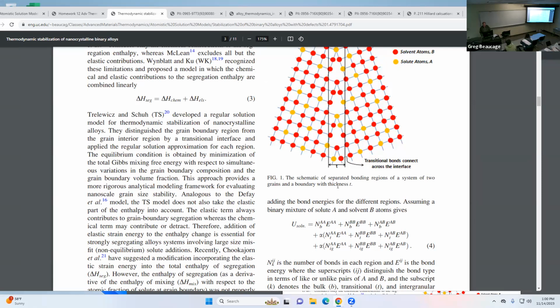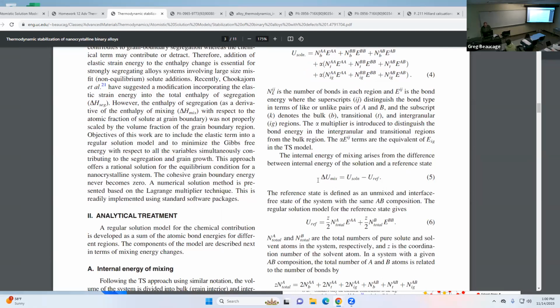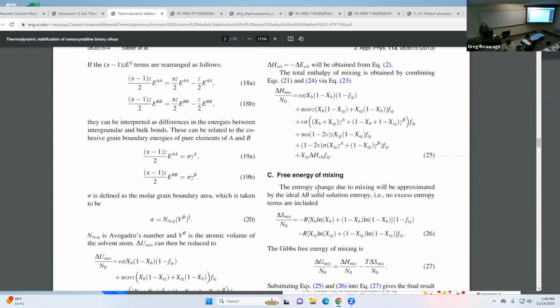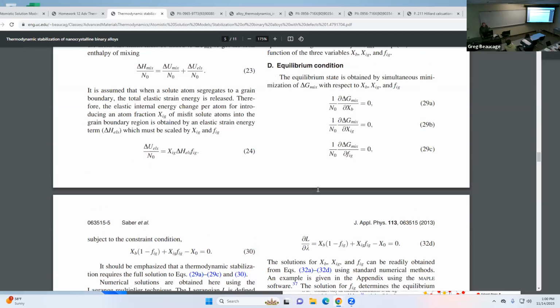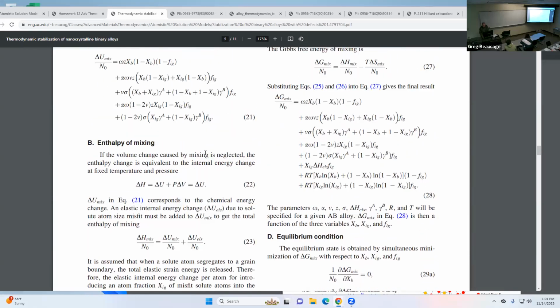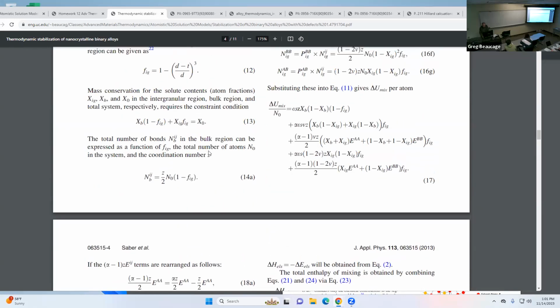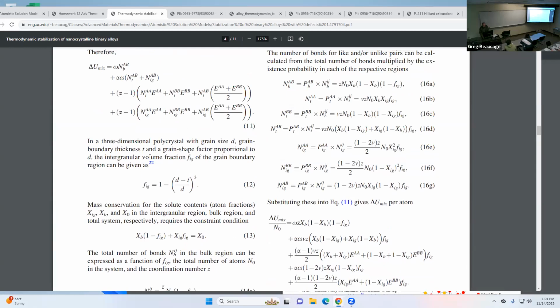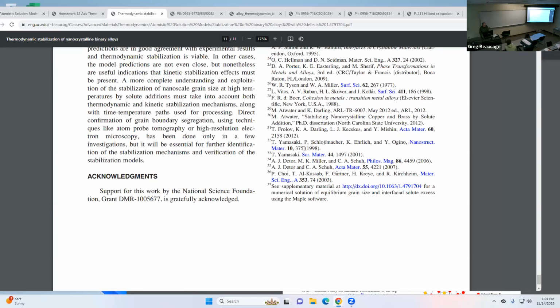So he's got this alpha term to be able to fiddle with this, and he has the thickness of the interface term. So in the end he's going to come up with a big free energy expression. He's going to take derivatives with respect to the fraction that's in the bulk, the fraction that's in the intergranular, and then this F number, which he gets from equation 12. So in equation 12, F is the volume fraction of the grain boundary region, which comes from this equation, which he says comes from reference 22. Reference 22 is